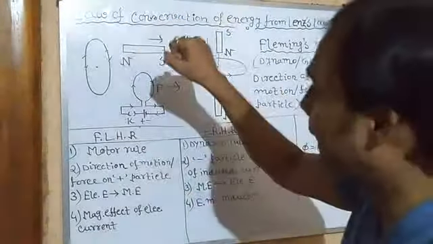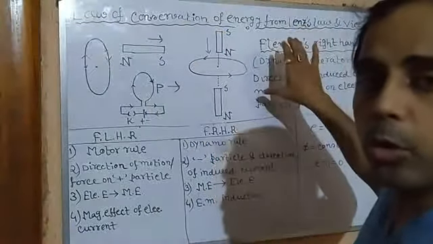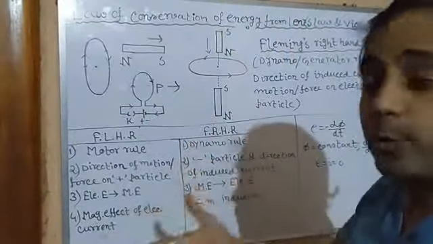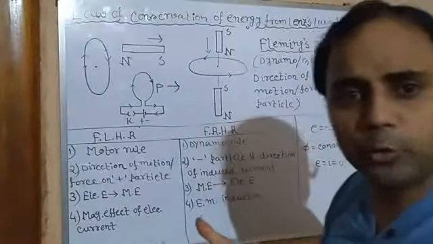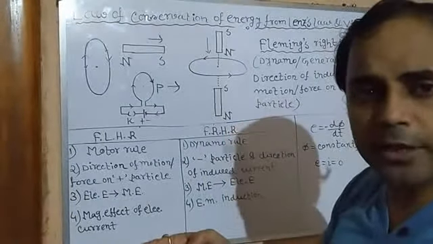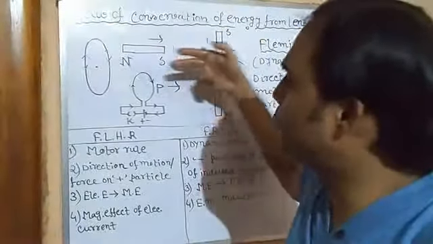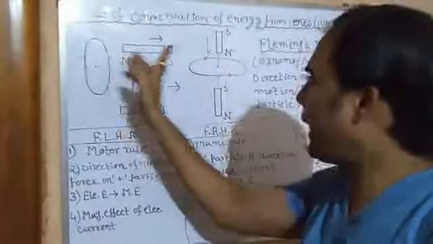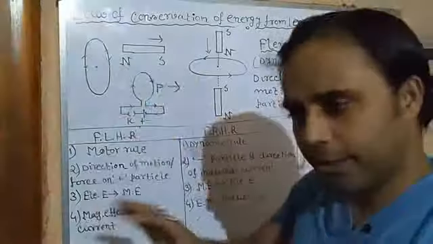Oppose means it will prevent the magnet and the primary coil from moving away. Instead, it will attract. Please don't go away, come towards me. Since it is opposing in both cases, when the magnet and the coil try to move closer or away, in both cases it will oppose and prevent. When it moves closer, it won't let it come closer; when it moves away, it won't let it go away.